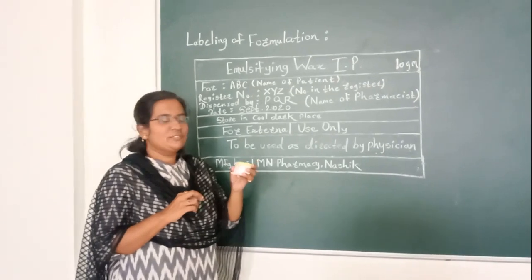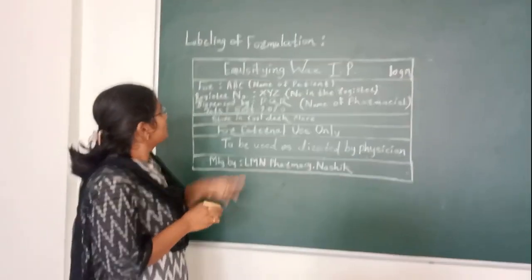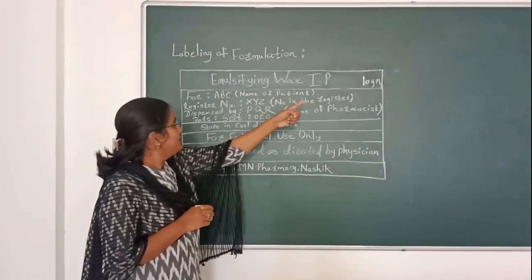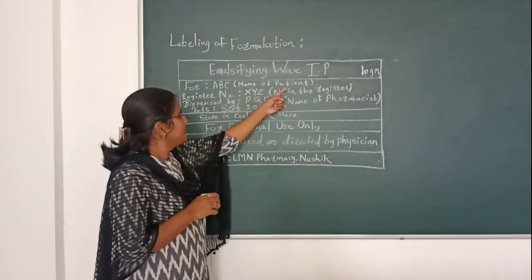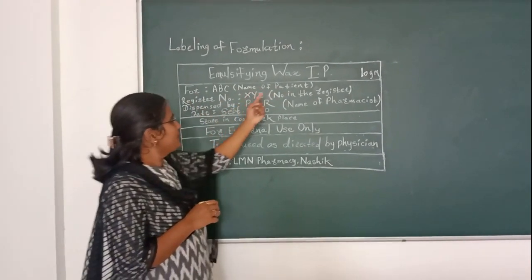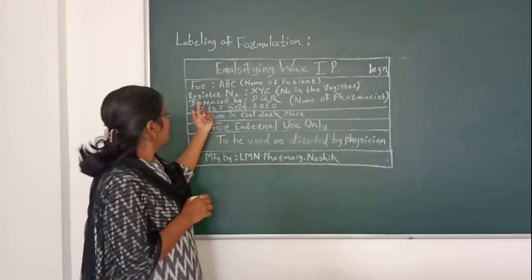Now we will move further toward the labeling part. Emulsifying wax IP, 10 gram, for ABC, name of patient, register number XYZ, number given in the register, dispensed by